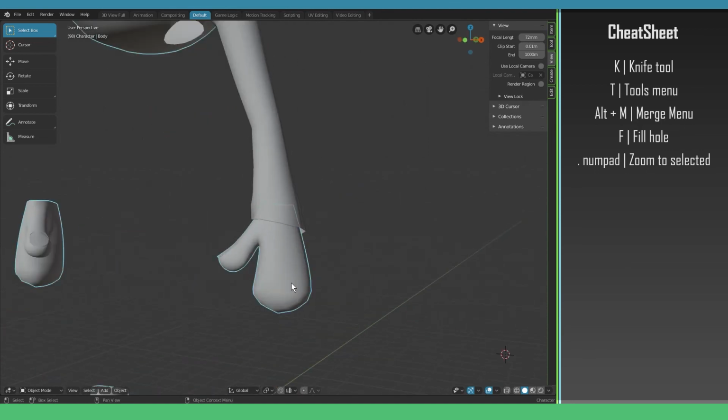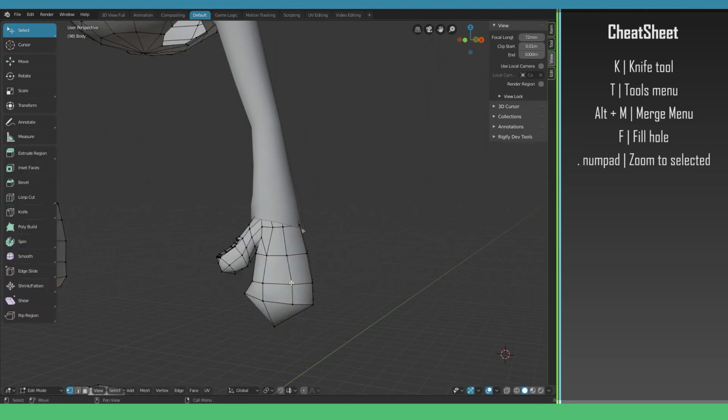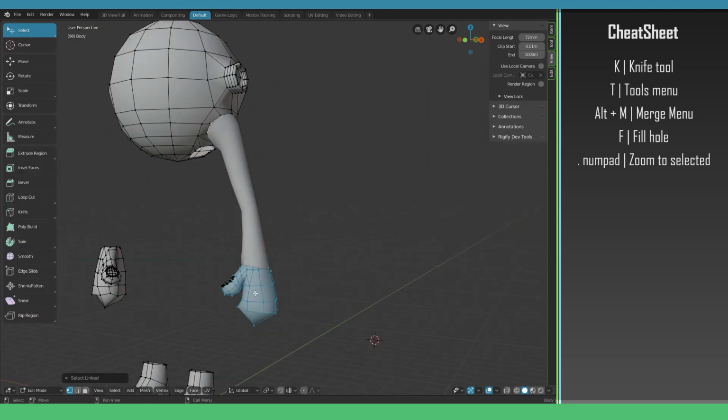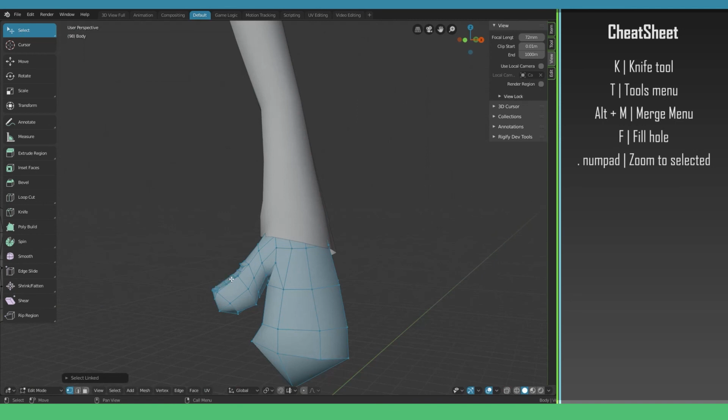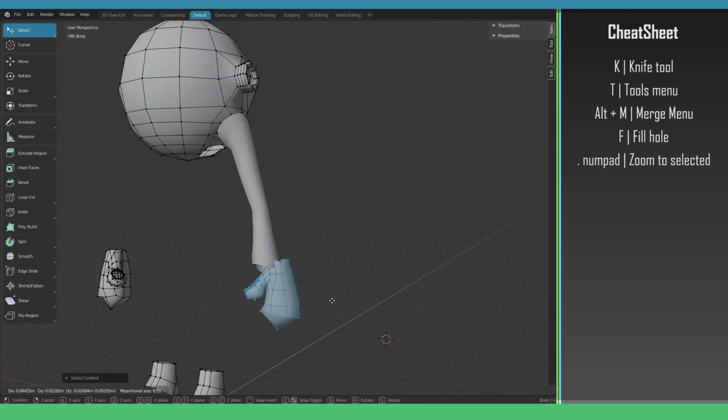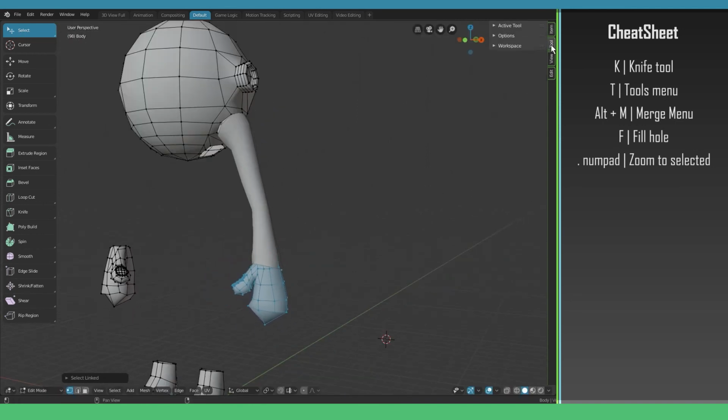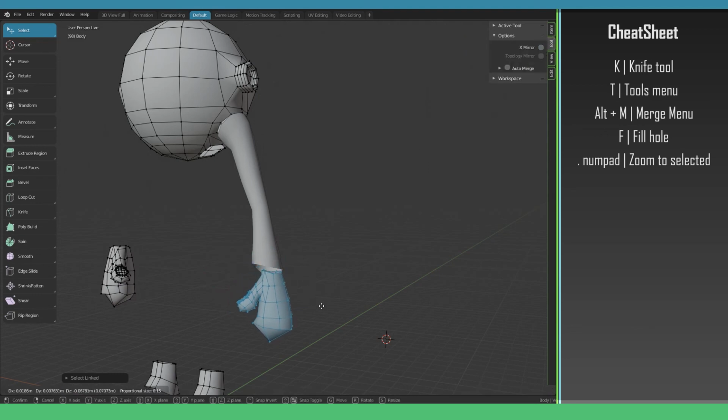So I'm gonna steal this hand for a second and I'm gonna go into edit mode, island select the hand and maybe include the nail as well. You can see that X mirror is enabled. That is an option in the tool menu on the right side. You can uncheck X mirror and now you see I only affect one side. Okay,